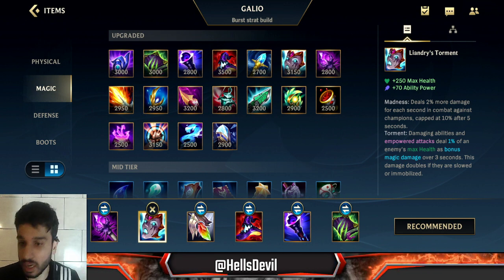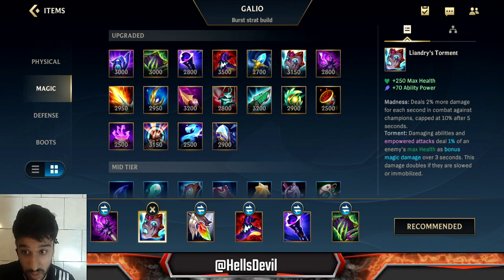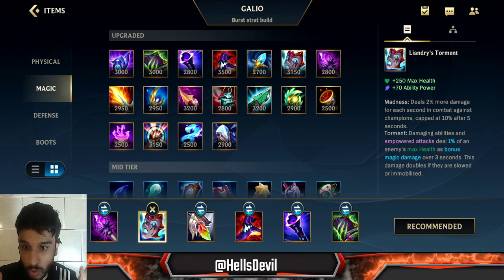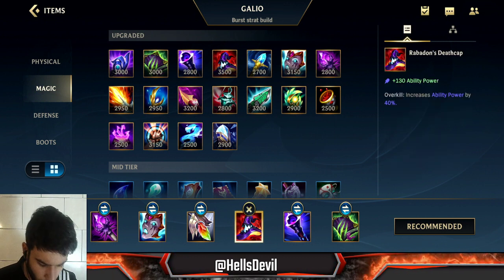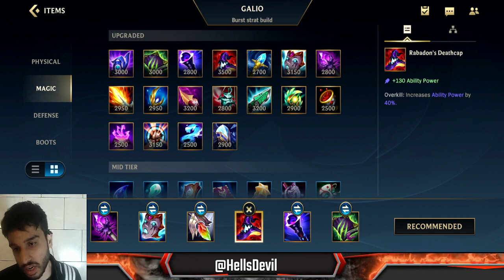And imagine if you hit 3 enemies at the same time, it's significant. It's definitely significant damage. And this will happen every time you poke them with your first ability. So at this point, you're already incredibly powerful on Galio when you get the Liandry's. So after the Liandry's, it's situational. I put out Rabadon's Deathcap because this is generally what you want to get, because after Rabadon's you're going to have